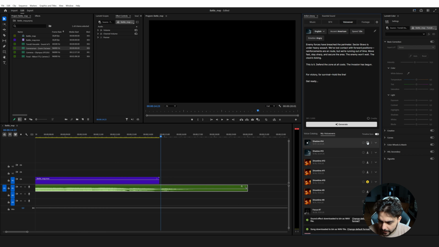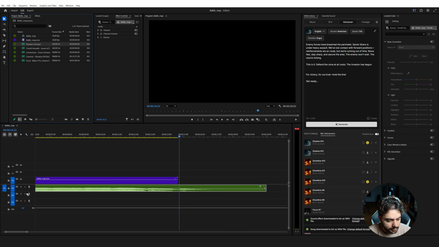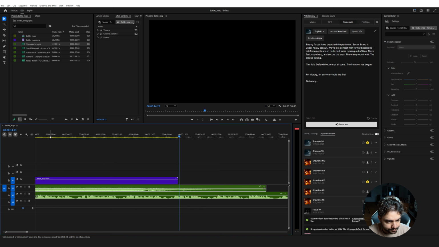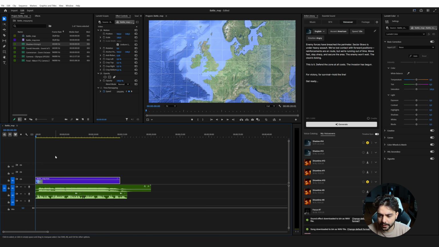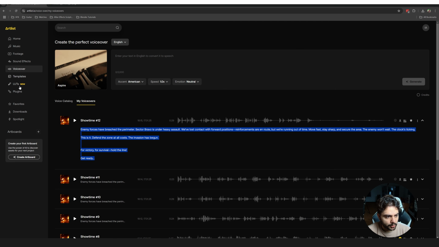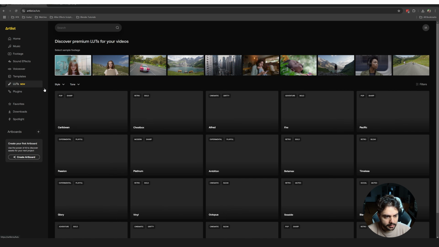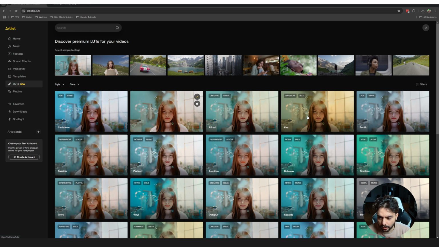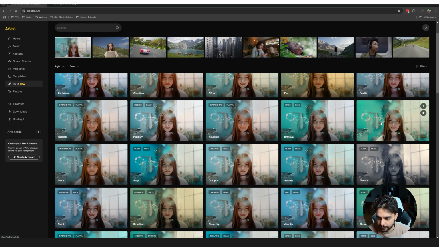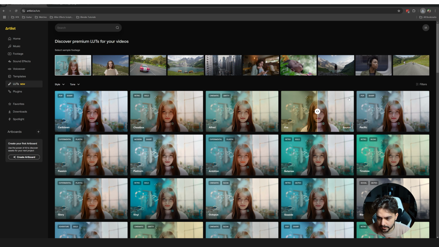This is great. Let's download this to our bin and use this voiceover below our music track. And so now we have one more thing to do, and that's to add a little bit of a grade here. So for this, I'm going over to the LUTs here on Artlist and find a nice LUT for my map. We can try a few different ones. Maybe download this one and also